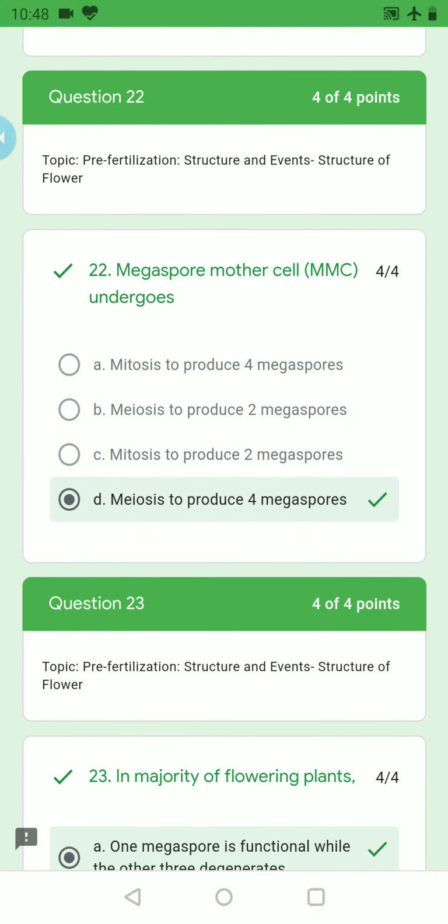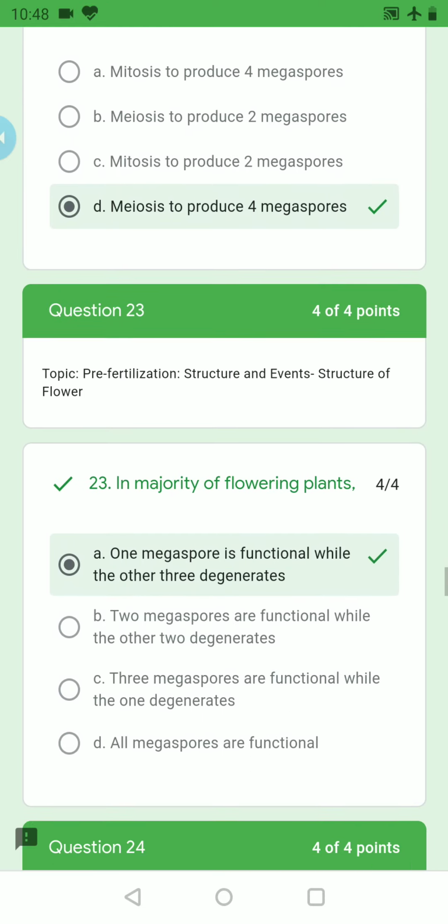The megaspore mother cell undergoes... so during the process, what will happen? Yes, the megaspore mother cell during megasporogenesis undergoes meiosis. Meiosis to produce how many cells? 4 megaspores. Of course, out of these 4, 3 will degenerate, only 1 will become functional. That is also known as monosporic development. But here, based on this topic, what will the meiosis produce, 4 megaspores? Which is the right option? Option D. Yes. The next question,